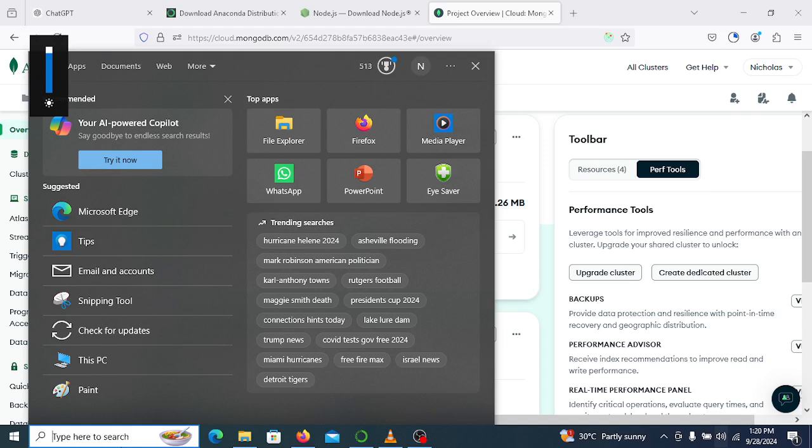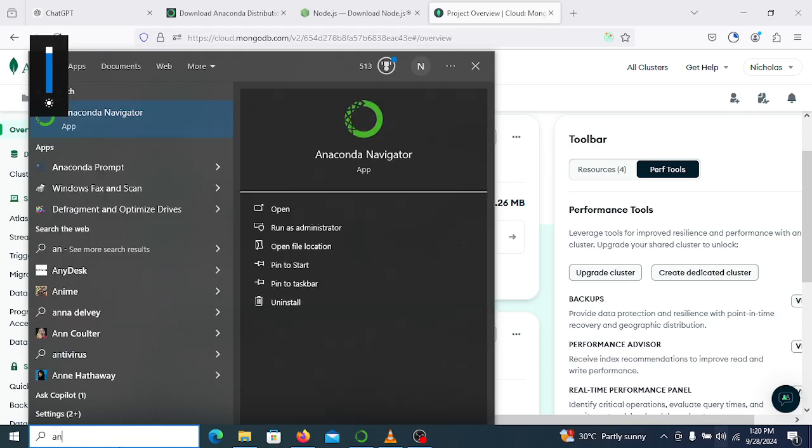So once your setup is done, Anaconda is done, your Node.js is done, your MongoDB has been set up, all you want to do is navigate to your Windows side if you are using Windows, and write Anaconda. One thing about Anaconda is that when it is installed on your system, it comes with 8 main components.